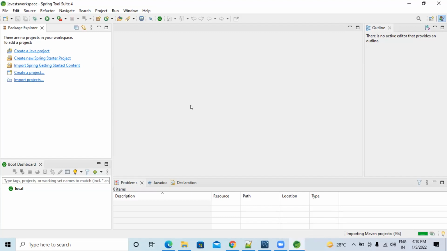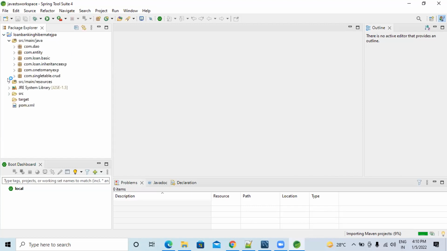So he downloaded the projects from GitHub and he has all the projects. He imported only this project. Now expand the project. Now all the things will work. The only thing he needs to do is change my username and password in persistence.xml, the database name, username and password. Can you go and change?